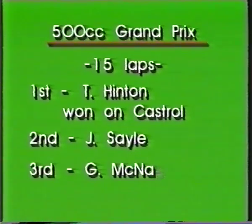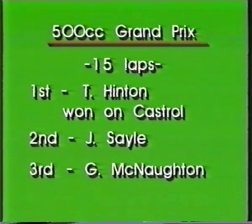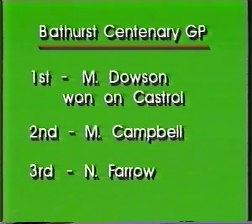The winner, Tony Hinton. Second went to Jeff Sale. And third, surprisingly, on the Honda went to Jeff McNaughton. And for the Bathurst Centenary race, the placings as follows. After 15 laps, Michael Dowson the winner. Second went to Malcolm Campbell. Third to Norris Farrow. The news came through that Pace went down in Forest Elbow and has heard